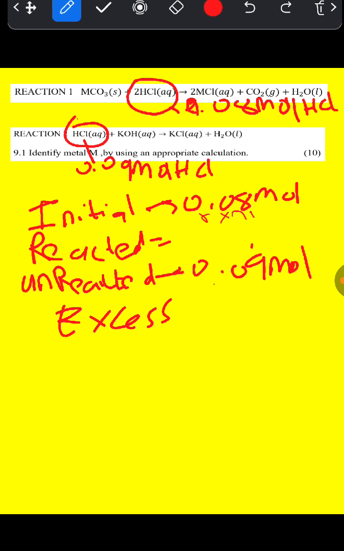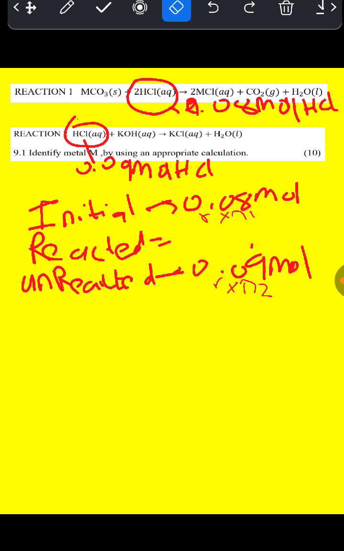And this one, we got it from reaction 2. Those are the number of moles that are unreacted or are in excess. Now you have to subtract these two number of moles to get the reacted number of moles. So I say the number of moles reacted is equal to